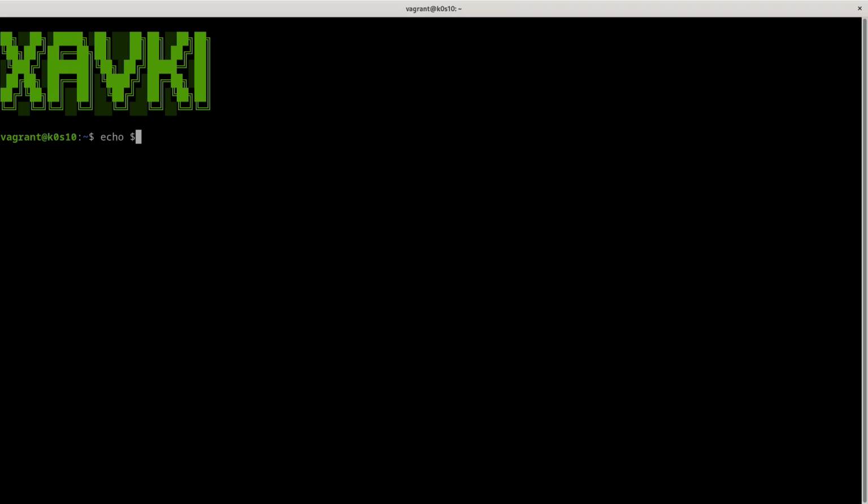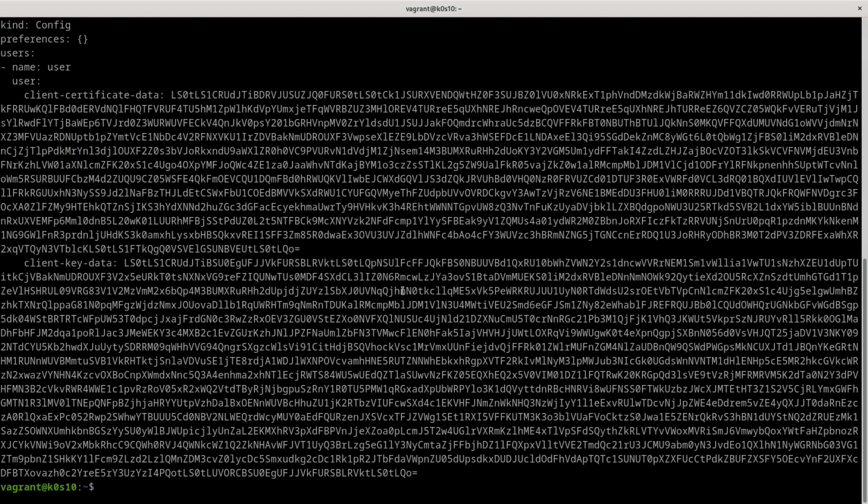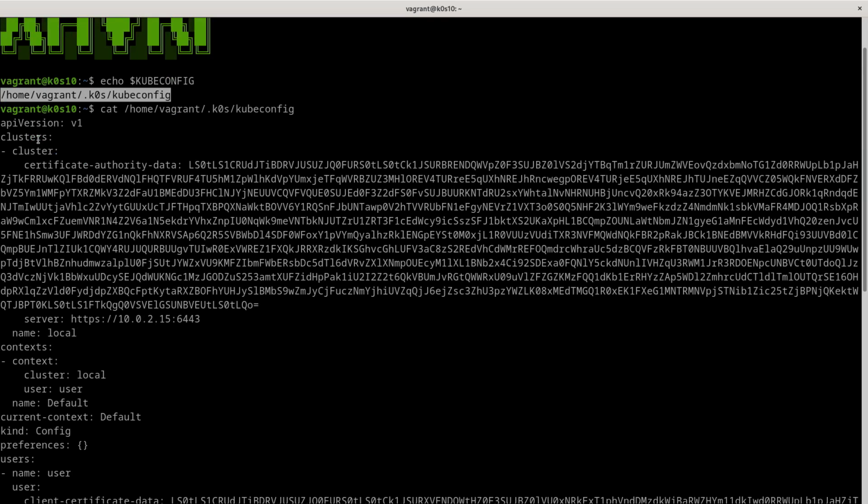To do that, we can just run an echo on the KUBECONFIG environment variable. We can see our kubeconfig is here, and if I just cat this file, we can see the same things like we have in the screenshot here.